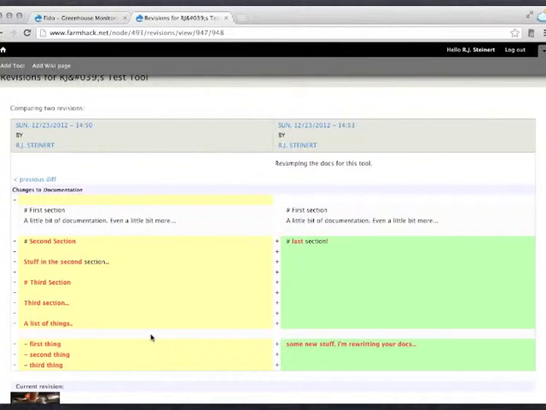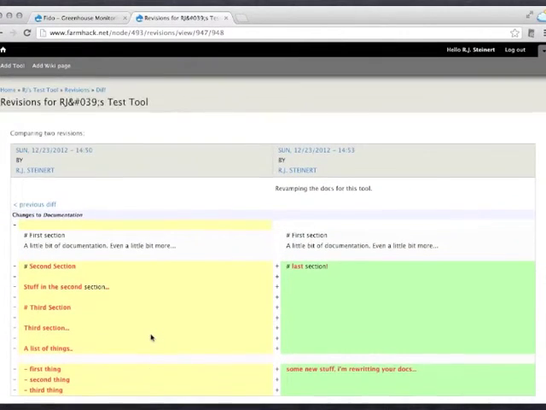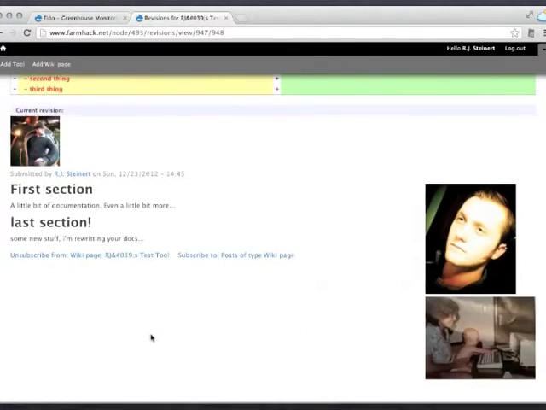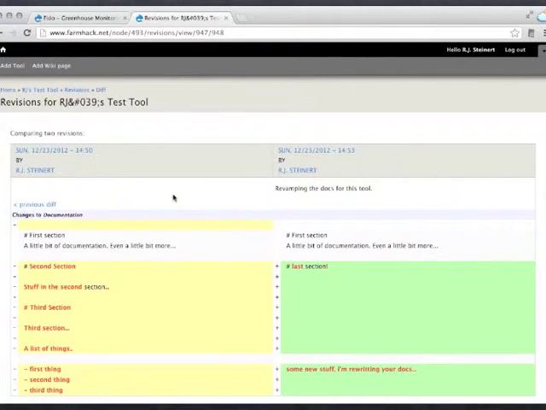So anytime somebody does come in and makes a change to your revisions, you can see exactly what they did, and if you don't like it, you can actually revert to past revisions. I'll show you that in a second. But first, I want to point out that we have a URL for this diff. So let's say I didn't like this. As far as I'm concerned, best practice would be to, instead of stepping on someone's hard work, copy this URL, go back to the tool,